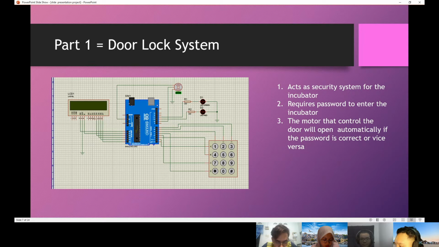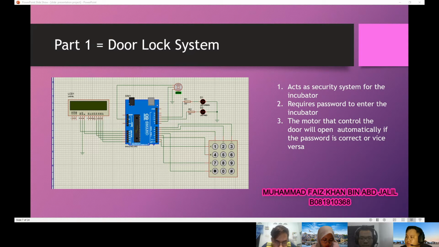Okay, thank you, Muhammad Taufik. My name is Muhammad Faisal bin Abu Jalil, my matric number is B08191036A. For this part, I will present about the door lock system, which acts as